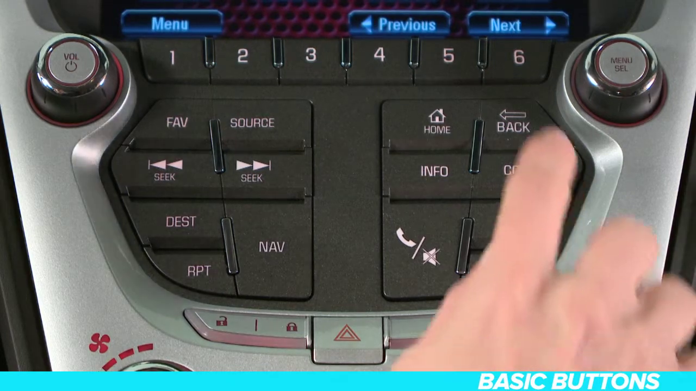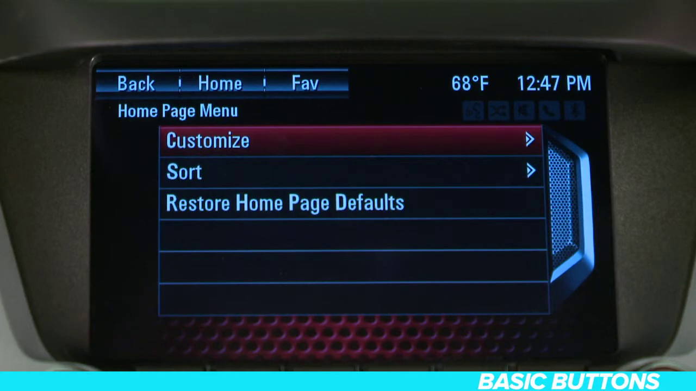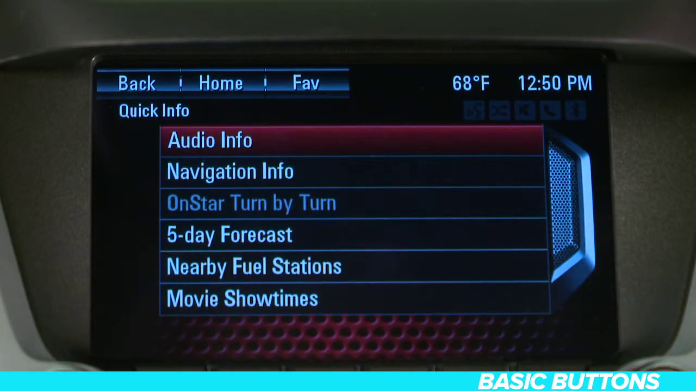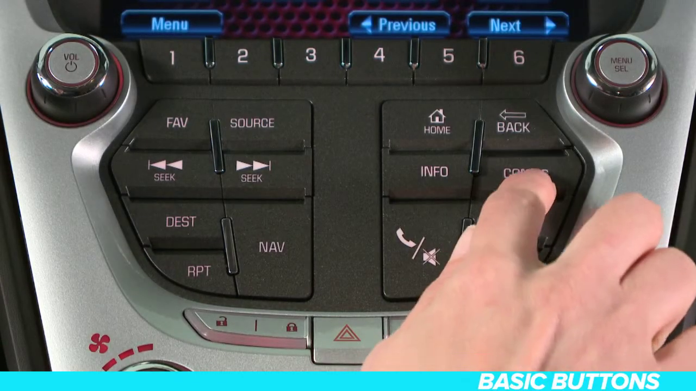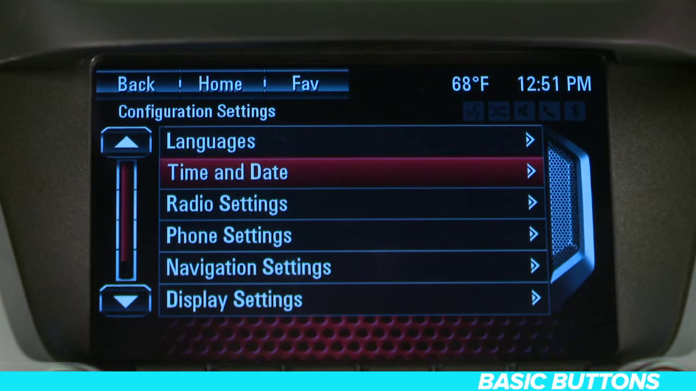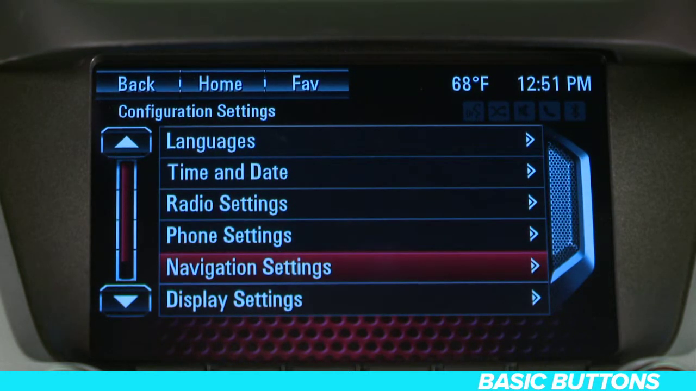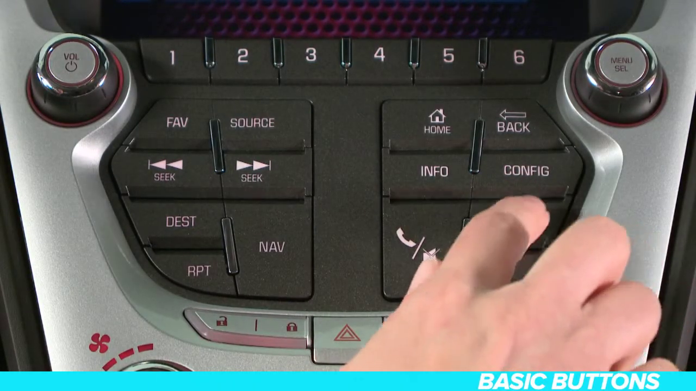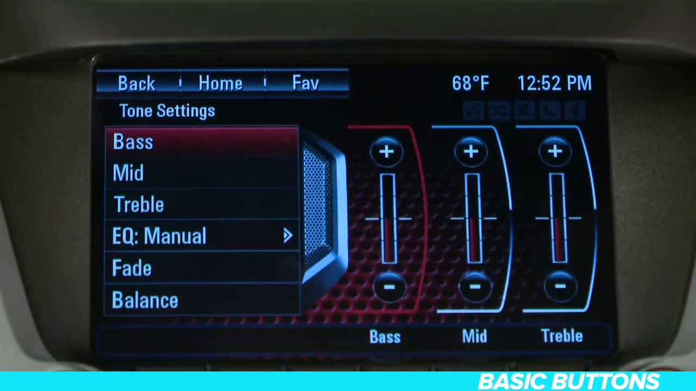The Back button takes you to the previous screen in a menu. The Info button toggles through an audio or navigation information screen. Pressing the Config button allows you to adjust features for languages, time and date, radio settings, phone settings, display settings, and vehicle settings. Press this button or the Tone Settings button on the home page to adjust bass,